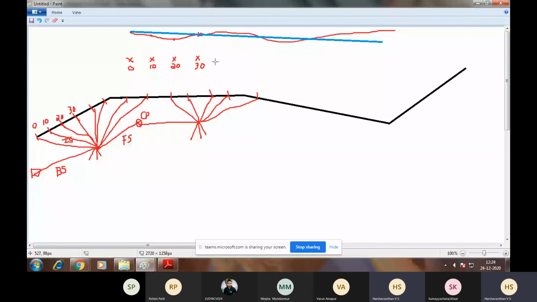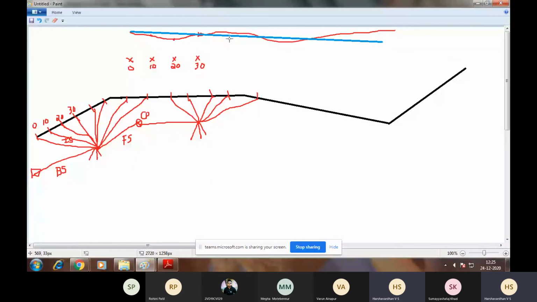So profile leveling, this type of survey, we are calculating the ground levels of the center line of the road, canal, railway line, and I'm plotting the profile in the graph.